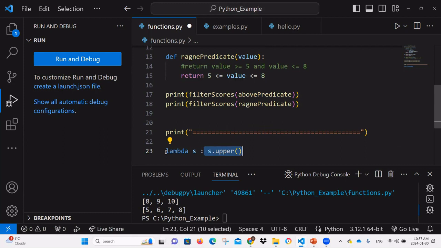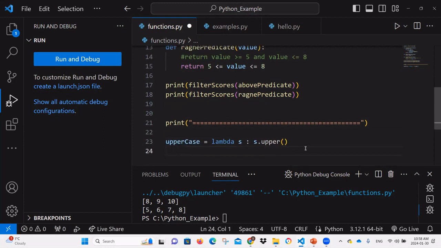Now for this example, I'm going to give it a name. I mean, I'm going to create a reference to point to it. I'm going to call it uppercase. And now this is pointing to a function. So in order to execute it, I need to precede it with parentheses and send the values I want. Let's say I'm going to send ABC here. So that we can see it, I'll print it. All right, so now when I run it,